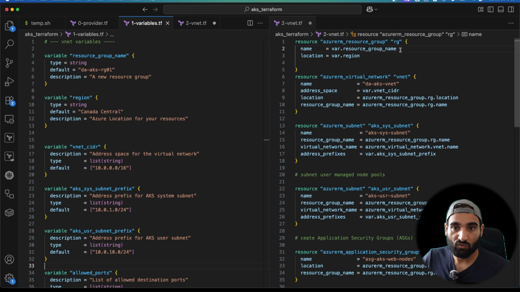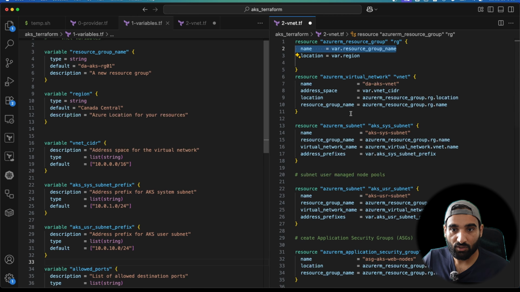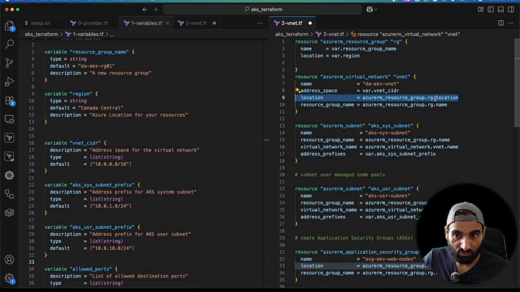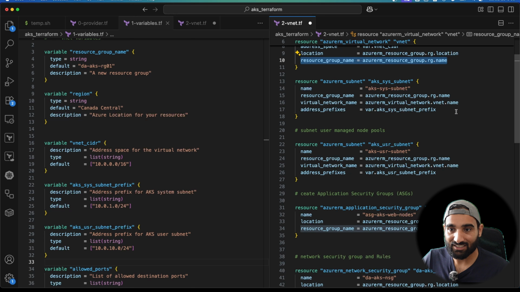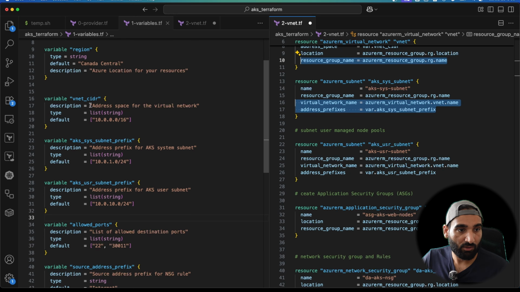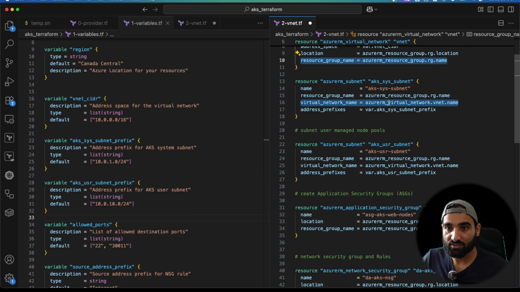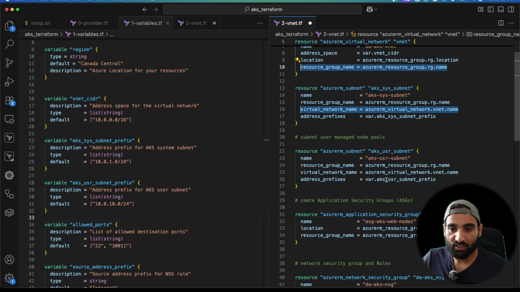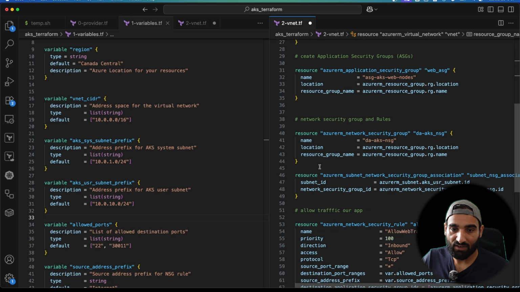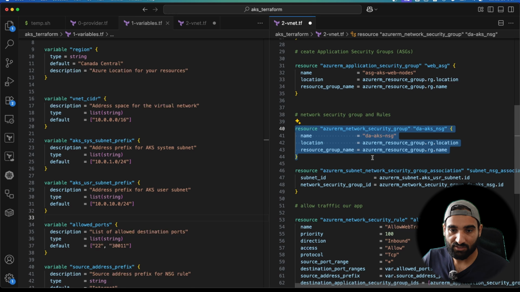The resource name is coming, again, from the variable, and the vnet location is also coming from the resource group, and I'm using the resource group for the vnet. For the system subnet, the prefix is coming from the variable here, and the vnet I'm just referring to from the vnet resource I'll be creating above. Similarly for the user subnet, and then I have a network security group, I'm just specifying it and then associating it with